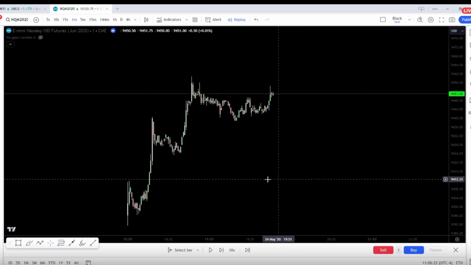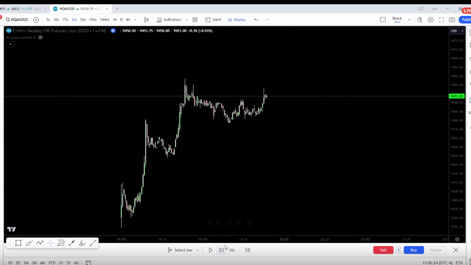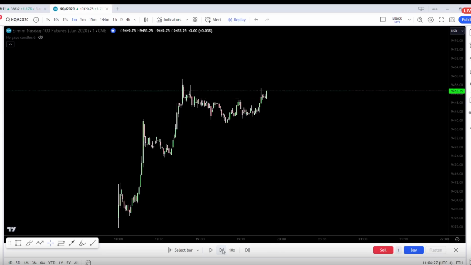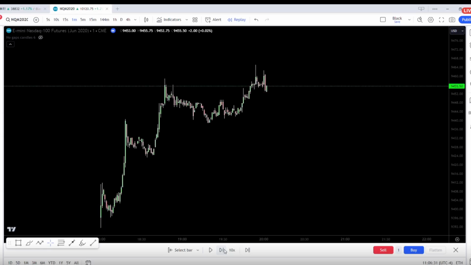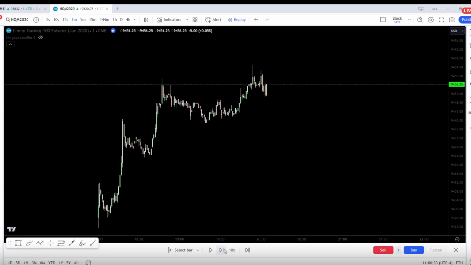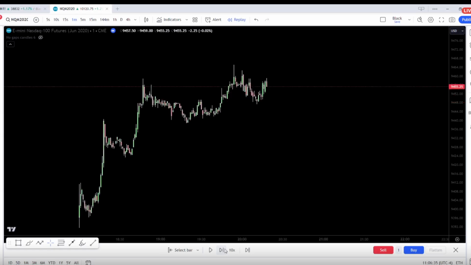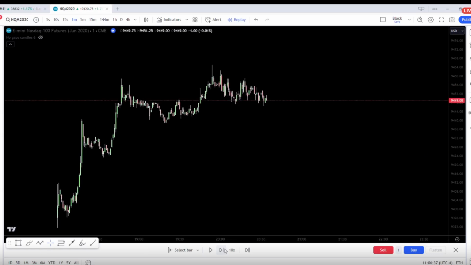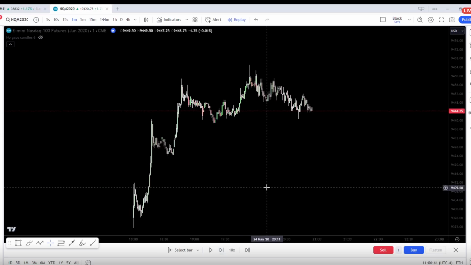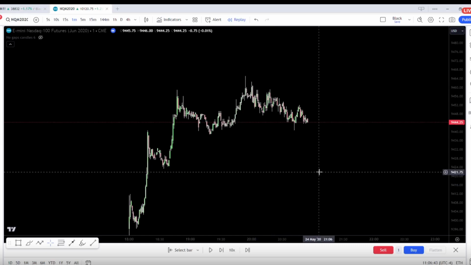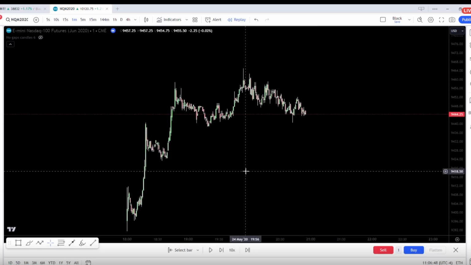And actually Asia is very good to learn structure because it's a little bit slower, but it obviously still follows the rules, right? And we'll go to about 2100. And we'll go on the 1 minute chart as well, because that's kind of what I want you guys looking towards here. So what we're looking at here is